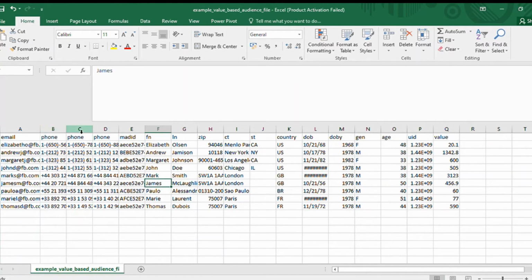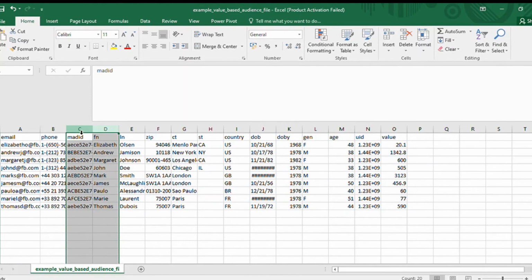Okay, if I want to add a phone number, I can add a phone number. So what they are trying to say is, if a person has two email IDs, put one email in this column and one email in the other column. If I have two phone numbers, put one phone number in this column and another phone number in that column. So that can also be done. So this is something like a MAID or manufacturer ID.